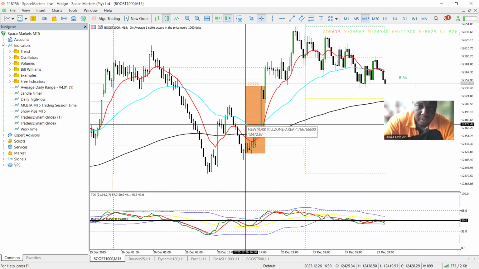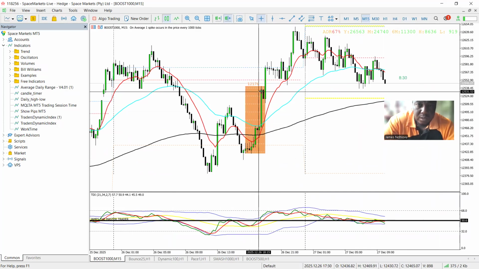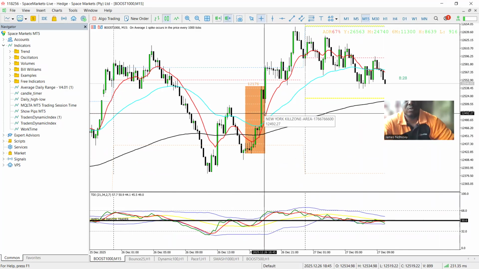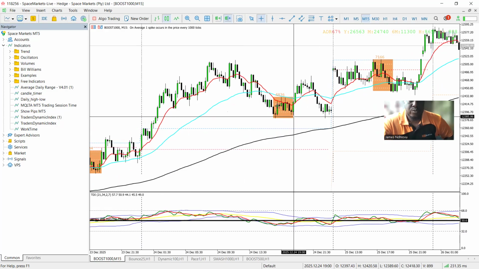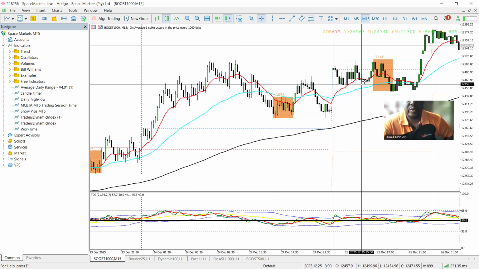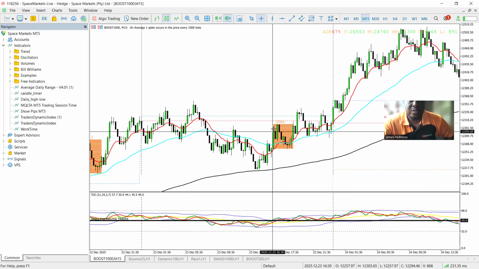Okay, so I've got it right. This is a South African broker, so New York session. This shaded part would be what I call my kill zone. So if I'm trading New York session, I've got a 2.5 hour trading window. So if you scroll back, you'll see it's showing the times where I'm supposed to be taking my trades on that particular day, which is 16:30 SA time